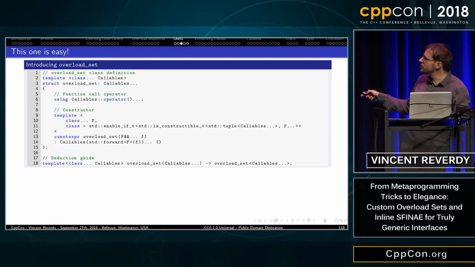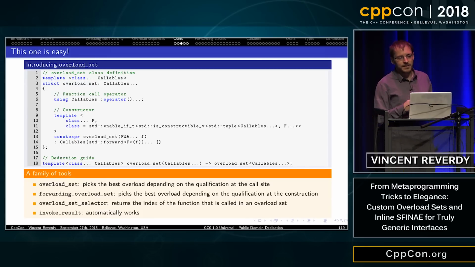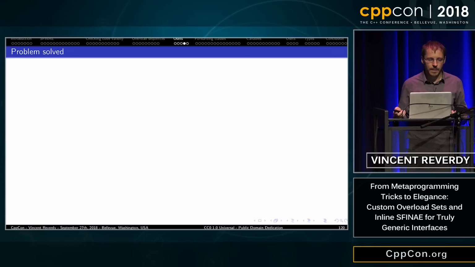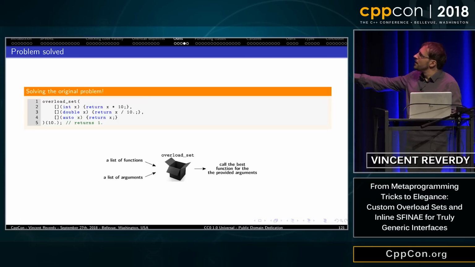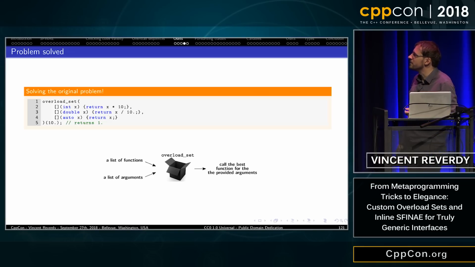And you have this execution guide so that everything works fine. And then again, you can design a family of tools, overload set, forwarding overload set selector, and invoke results. Great. Problem solved. You execute overload set on the three lambdas, and this one should return 1, because it does x divided by 10. Great.